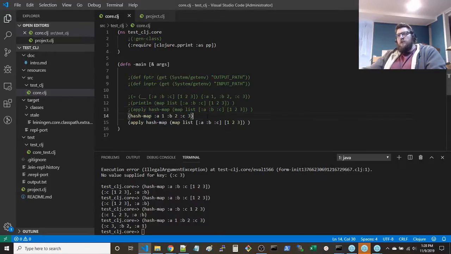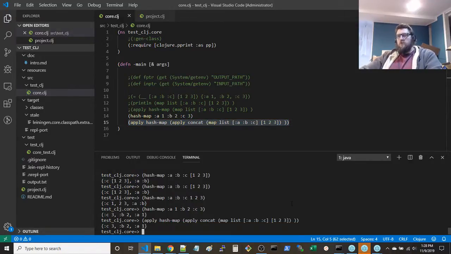The problem we have is what we would want to do is apply the hash map. Now, the thing is, we would want to concatenate these. There's cat map also here. I think that would be good. There we go. Booyah.